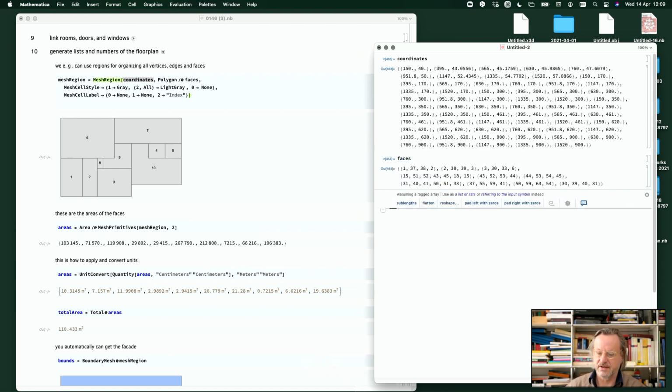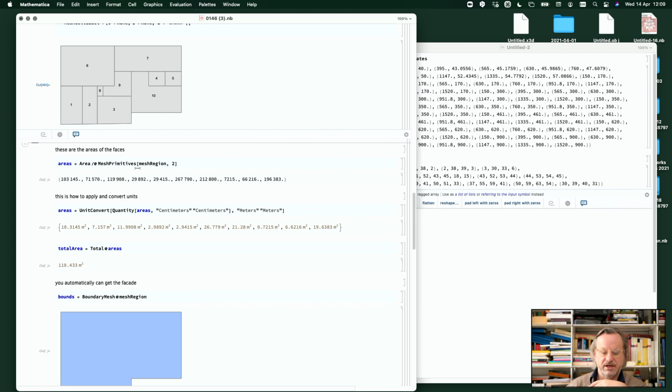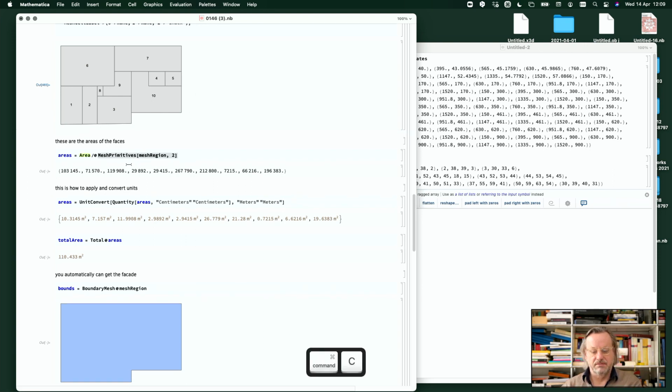So you work like this. We do it with the graphics complex, we do it with the graph, and we do it with mesh regions as well. So what we simply say, we make a mesh region, make a polygon of these faces, and then we have just options to make it proper looking. Now we have a data structure where we, for example, can ask a mesh region,